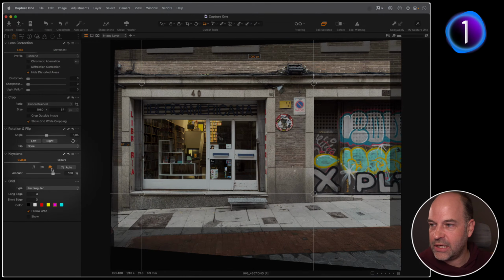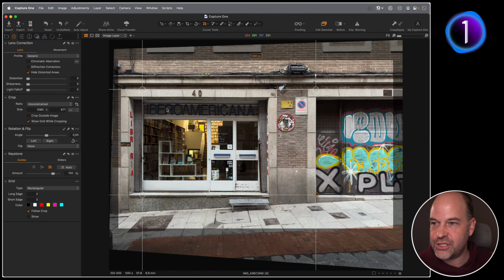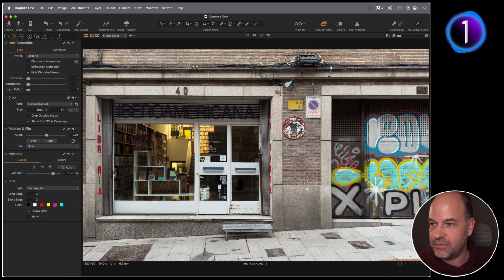If I go back to the Keystone guides, I'm just going to change it to run off this point, so I've got the top. This wall is fine, and then otherwise I'm going to drop it to there and make sure it's straight along this bit. So now that should square up a little bit better, just enough so that it fixes this part, and now this is my square section like so.